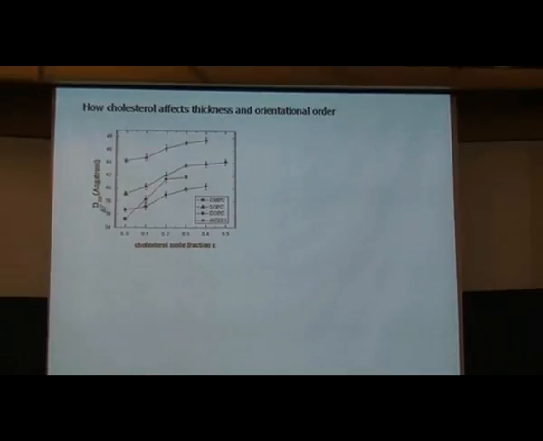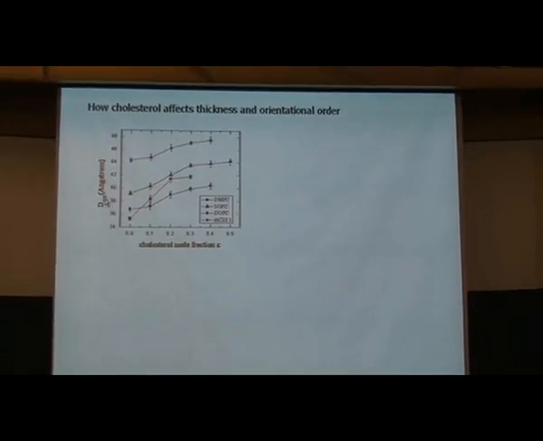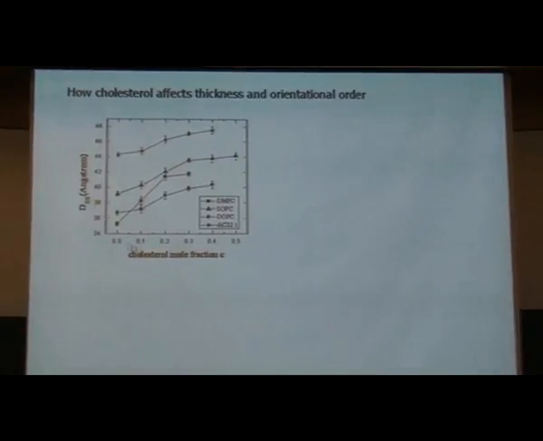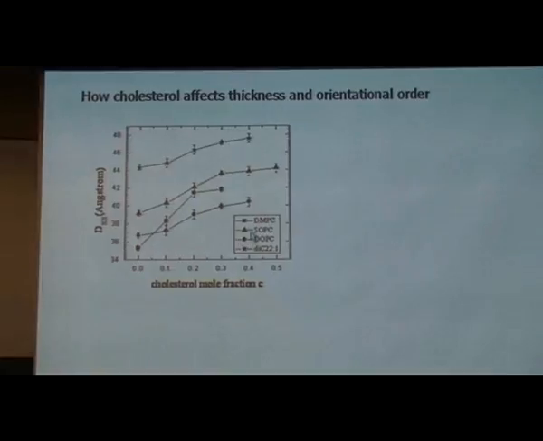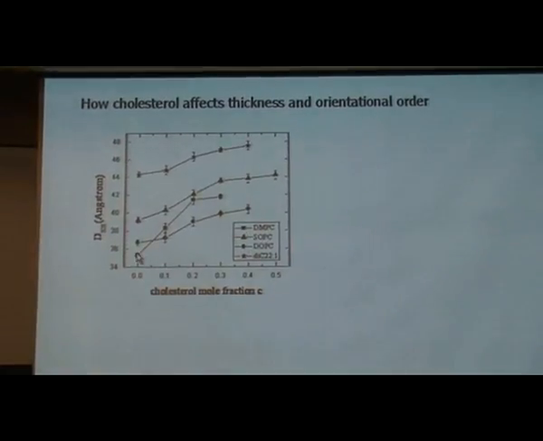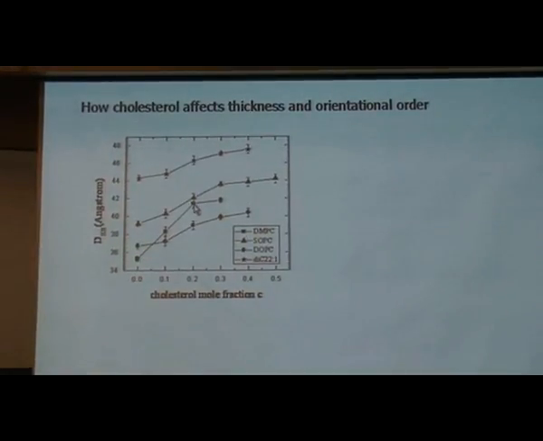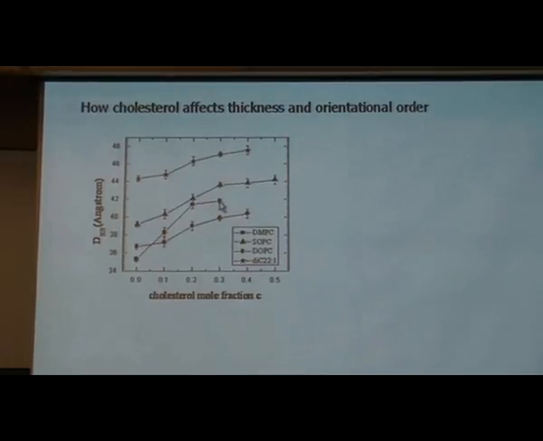So here's the thickness. I haven't defined that well yet, but basically we don't have to. If I look at the DMPC, the thickness increases rapidly, but then it kind of stops increasing. It couldn't go any further, but our technique doesn't help us up here. For the one with one saturated and one unsaturated chain, well, let me focus on the two unsaturated chains.